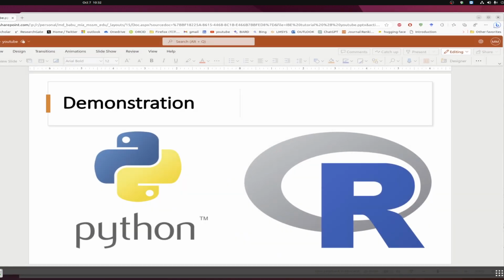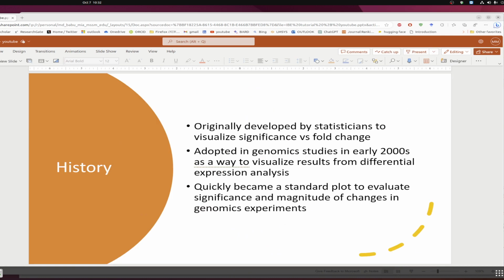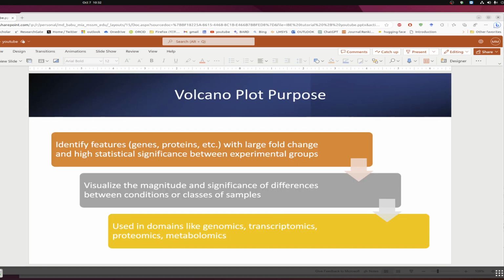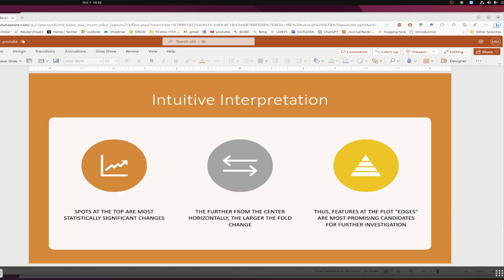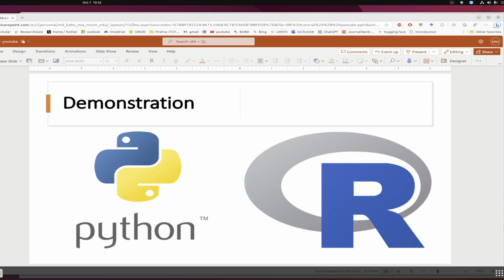We started with understanding what is Volcano plot. It historically started being used in mathematics from around 2000. These are the few observations paper. Then we went first discovery rate. Then the importance of a Volcano plot is to look at upregulated and significantly changed upregulated or downregulated genes or proteins or anything we are interested. And then we went through the mathematical foundation, p-value, logarithmic transformation, fold change, multiple testing, regression, and then we went